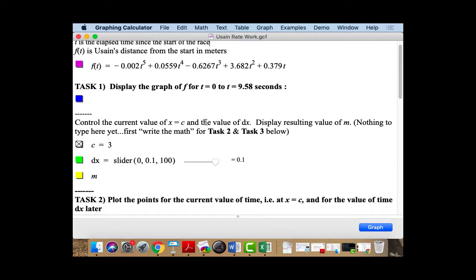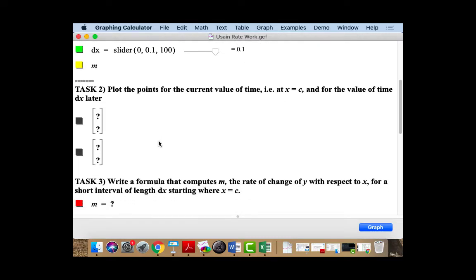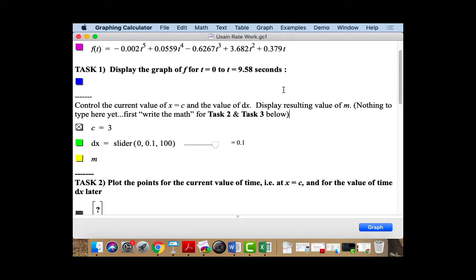There's going to be several things to do on this, and then we're going to do some other work together that involves the PDF/worksheet I'm going to pass out to you. But look at the graph for 0 to 9.58 seconds, make it show up, and then zoom in appropriately. This center section, where there's the C that doesn't show up right now, it's blanked out, and dx and an m, that's some computations that's going to show, and we'll show the C in just a minute. But you don't have to mess with any of this for right now. Just complete task 2, which is plot points for the current value of time at x equals c, and then for the value of time dx later. So if you can open this up,